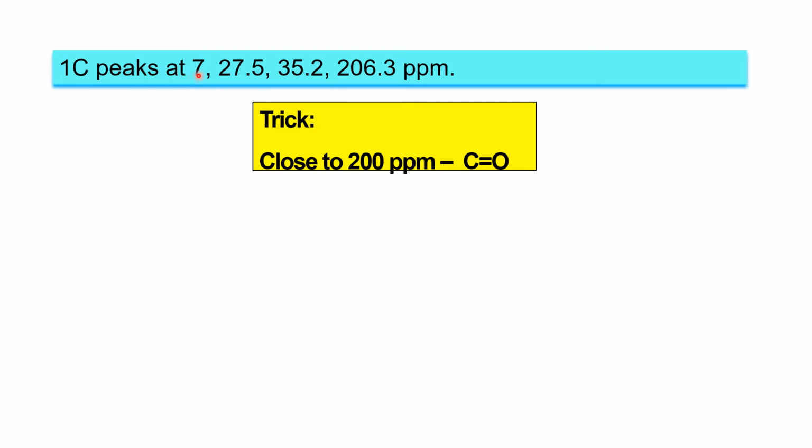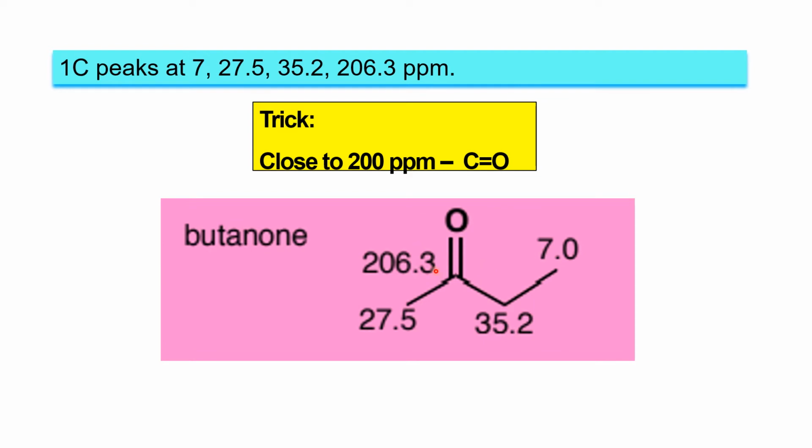See the value. This is very low compared to these two. So these two look to be in a similar place. So this C double bond O may be in between these two, so it gives values close to each other. See, this is 206, we know very well. And see 27.6 here, 37.2. This is very close. Why? These two have somewhat of a symmetry, as the C double bond O is attached to this carbon atom and this carbon atom also. That's why the values are close. And this is 7.